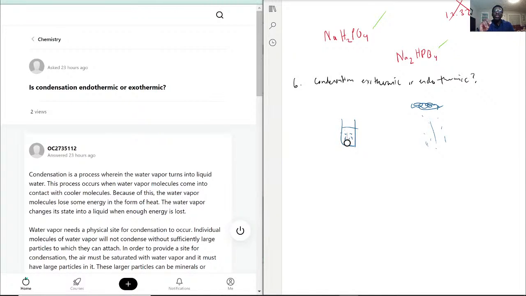And when you're losing energy, that means you're expelling that energy, which is what exothermic means. Exo is the release of energy. So water going from water vapor to liquid water is a loss of energy, and that's why it's exothermic,